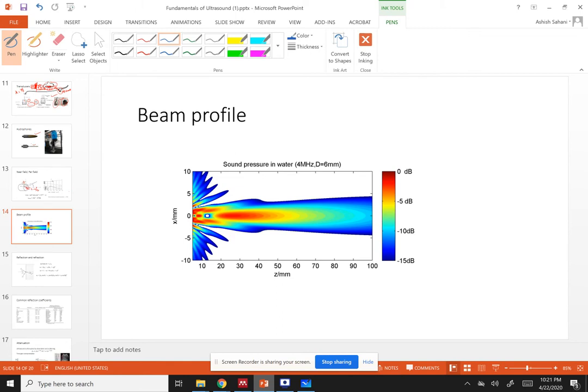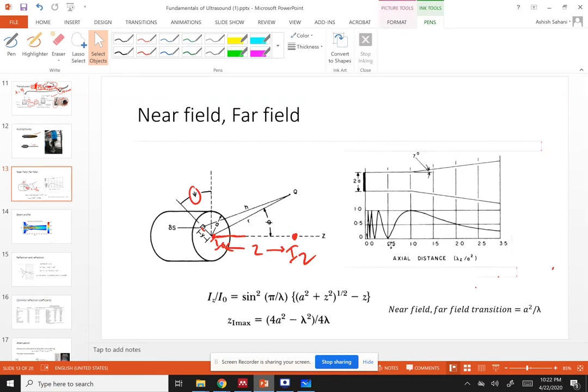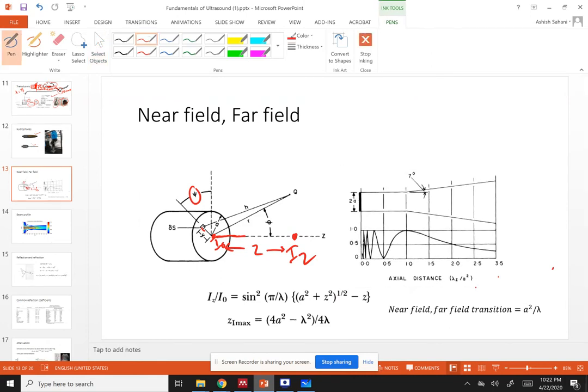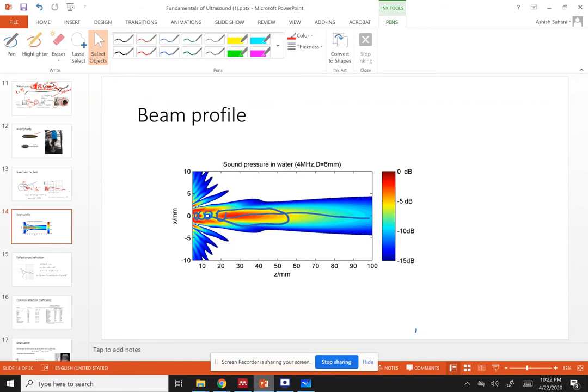if we go through this particular line and plot, you will see that the intensity goes up and down in this zone, and it doesn't go down after this. So this basically represents this one. Intensity goes up and down in the near field, but in the far field it stabilizes. So this line corresponds to that, and then you have other zones also.